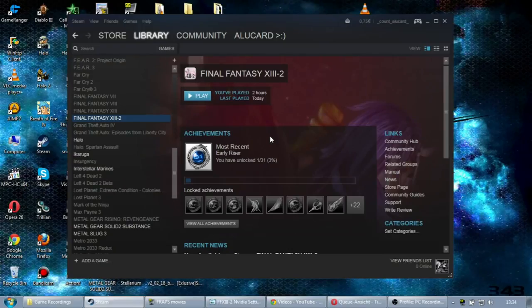Hello everyone and welcome. In this video I will show you how you can fix your stuttering issues and frame rate issues with Final Fantasy XIII-2, the PC Steam version, which was released yesterday or 2 days ago, I believe. So it's a pretty new game, and